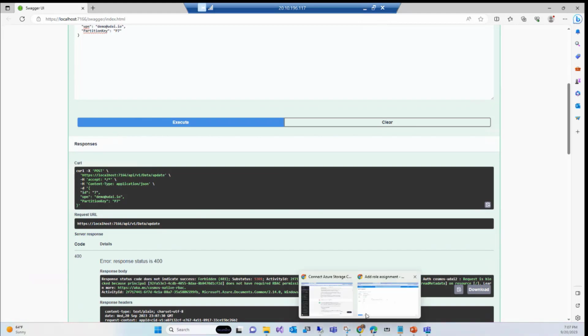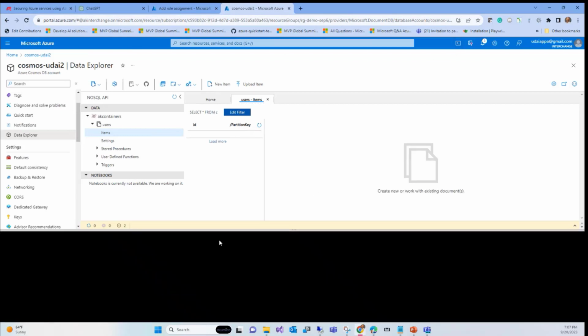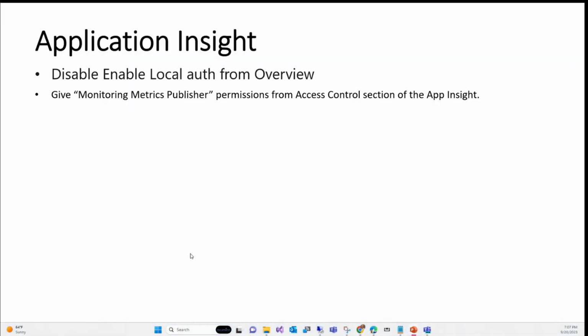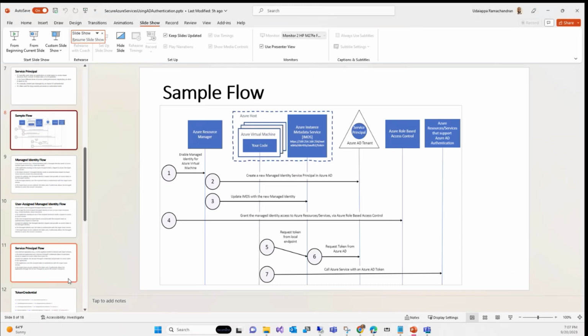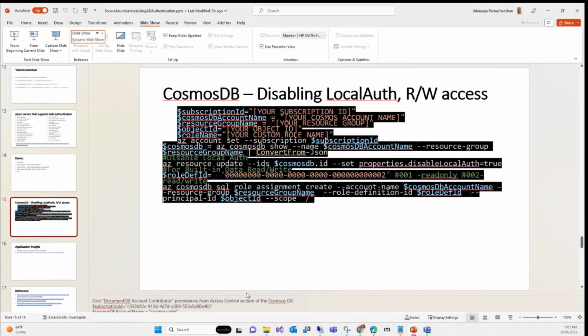So I open the CosmosDB. I'm going to use this little icon. So I go there, I set the PowerShell. I have all the script here, part of my talking notes. So I'm going to copy it, right? So I have it over here.